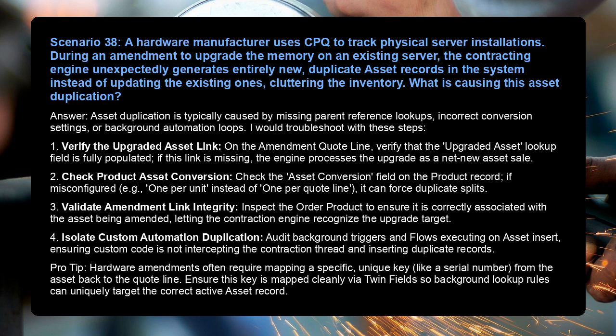duplicate records. Pro tip: hardware amendments often require mapping a specific, unique key like a serial number from the asset back to the quote line. Ensure this key is mapped cleanly via twin fields so background lookup rules can uniquely target the correct active asset